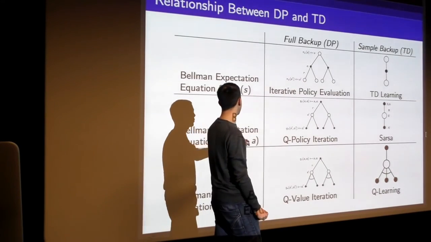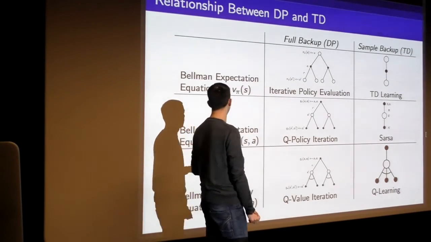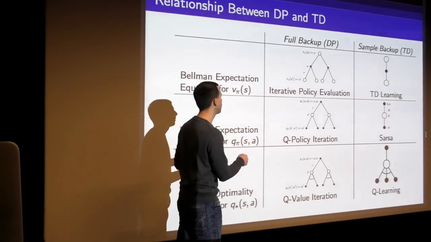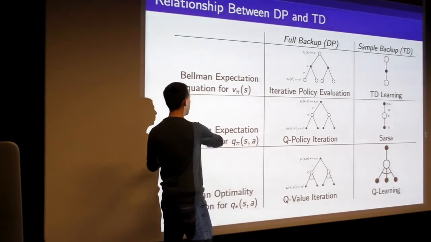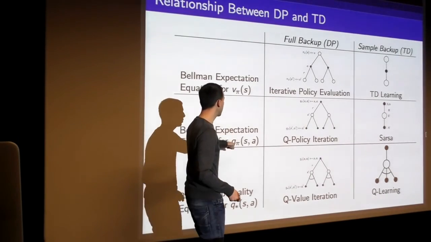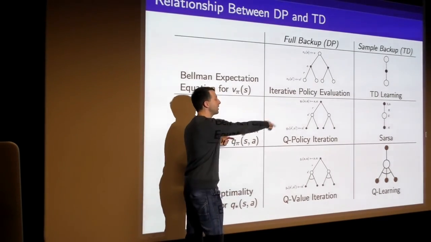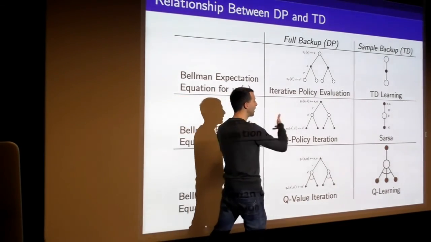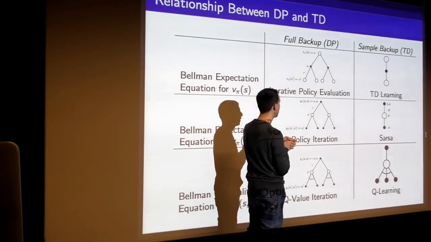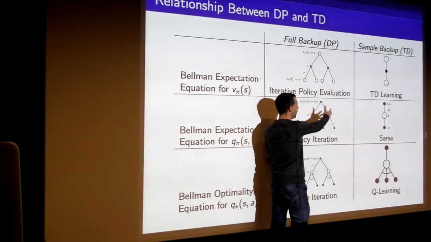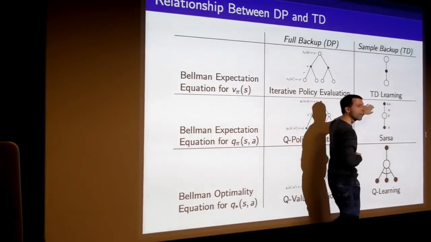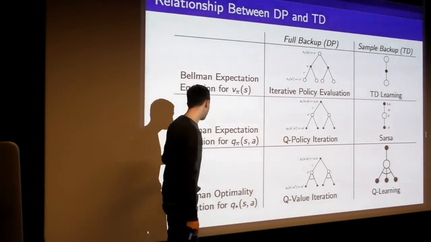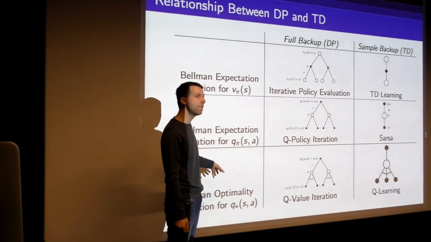When we do the Bellman equation for Q pi, we can actually do SARSA now. So when we use the Bellman expectation equation for Q pi, we can use that to evaluate our Q values and then plug that into our generalized policy iteration to make our policies better and better and better. We can either do that using a policy iteration framework for dynamic programming, or that gave us the SARSA algorithm. And then finally, we can use the Bellman optimality equation for Q star.